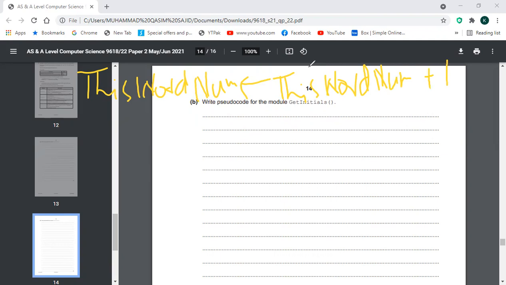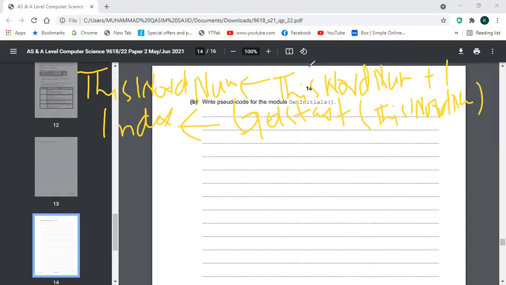Now the second thing is the index. Index must be initials with get start, basically it's this word number. This word number is the start, that is we identified that it starts with 0. Now there is the conditional statement start, that if index